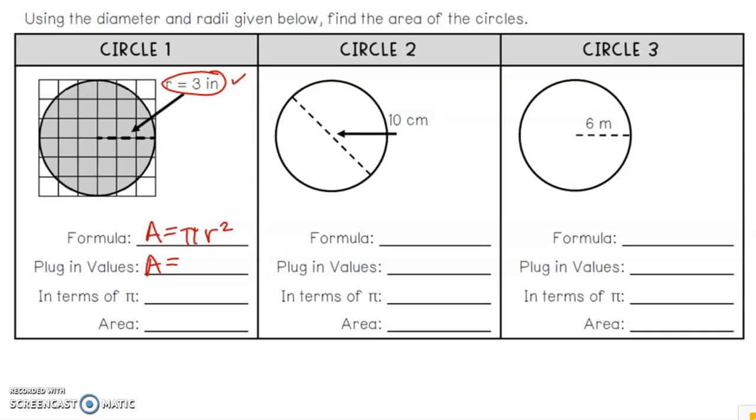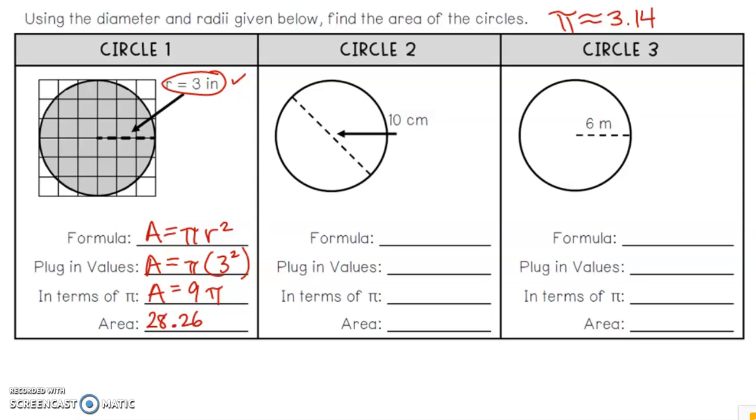So we get area equals pi times 3 squared. In terms of pi, 3 squared is 9, so that's 9 pi. And then I could plug in 3.14 all day. Today we're going to be using pi as 3.14. So I plug that in. I can use Desmos at that point. I'm not going to write that A there since it says area right here. So my area is going to come out to